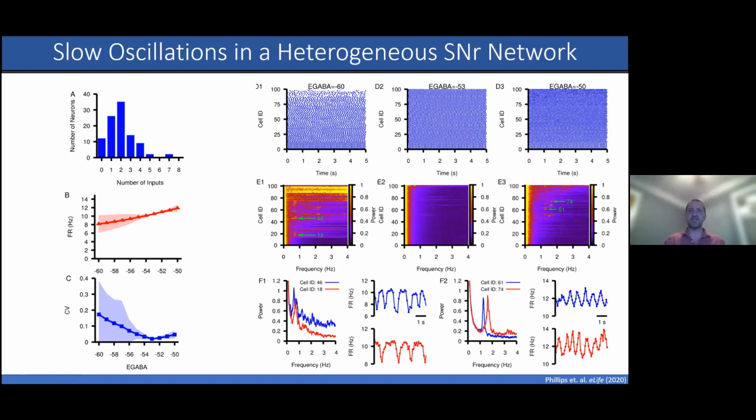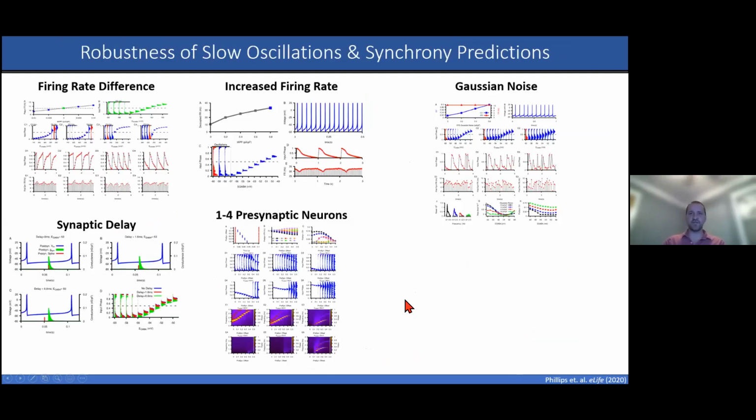All right, so to cut to the chase, with depolarized E-GABA, we do still see these slow oscillations. I've highlighted a couple shown here. This 2D plot shows the cell ID and then the power spectrum, and you see some peaks here at close to 1 hertz. So I pulled out these 2 examples, cells 46 and 18, and we get these nice peaks in the power spectrum. And if you look at the frequencies,